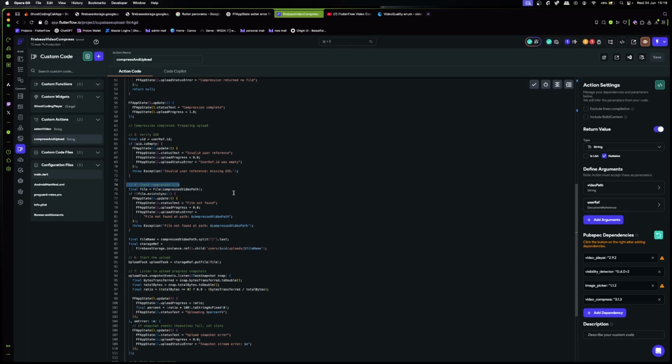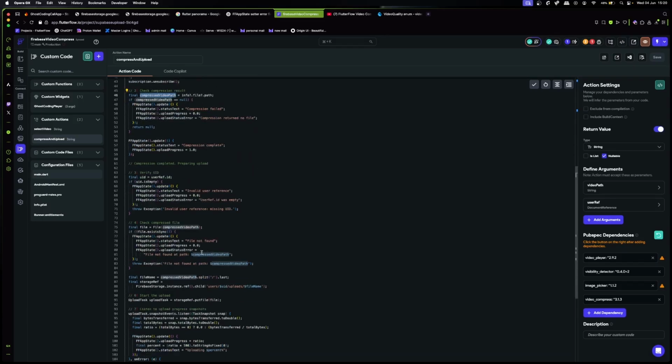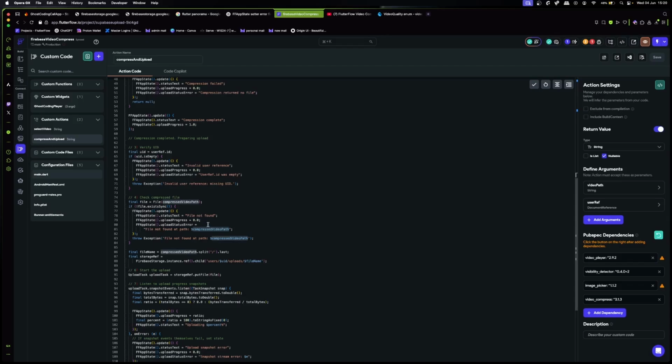After that, we need to check if the compressed file path is set, right? So we're going to say the file is equal to the compressed video path we've generated here, the variable. And then if it doesn't exist, then we're just going to say file not found, and we can pass in file not found as a path and pass in this actual compressed video path, right?